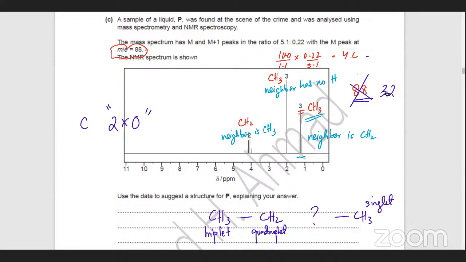Okay, but again, we're not sure. So there's this middle part that's still missing, and this middle part has 1 carbon and probably 2 oxygens. So I'm now going to open the data booklet and see what this CH3 is next to. If it's resonating at 1, if you look at the data booklet,